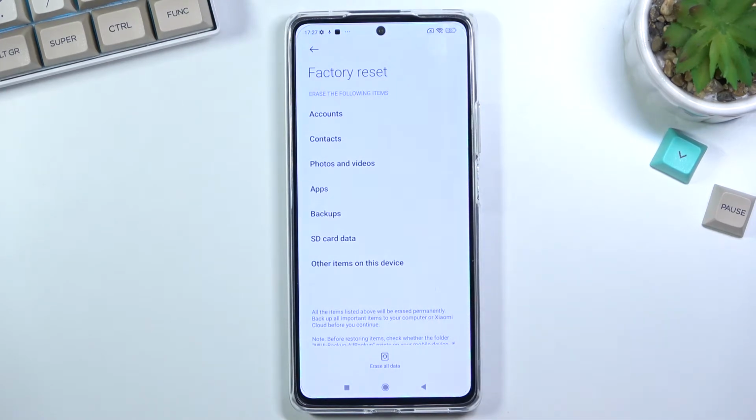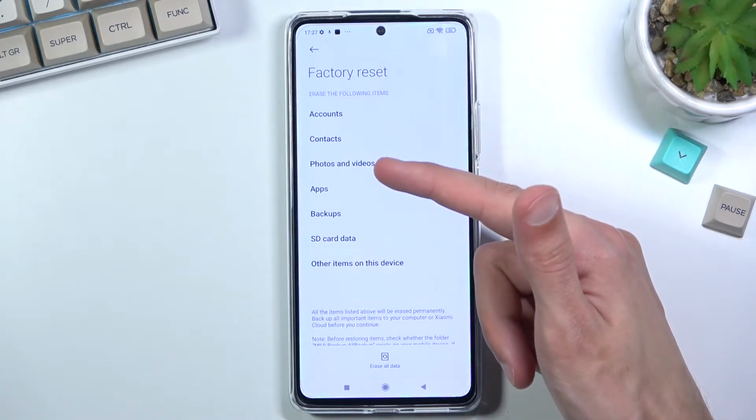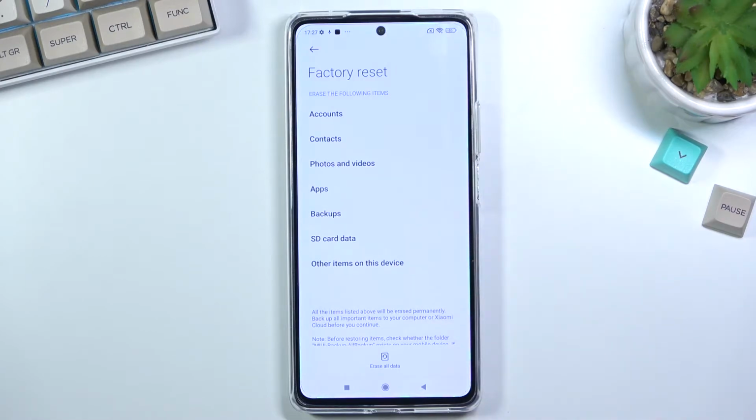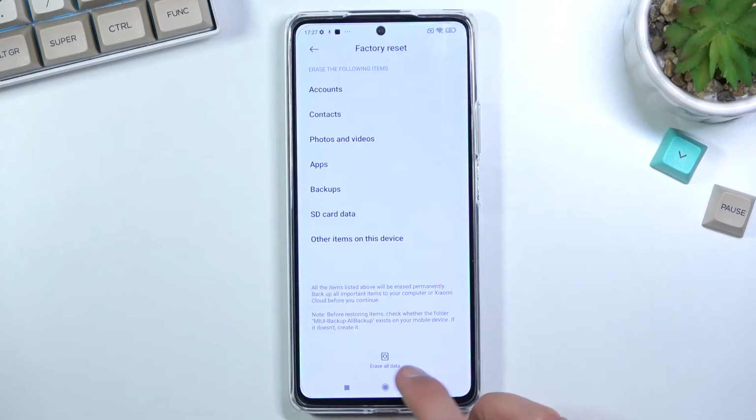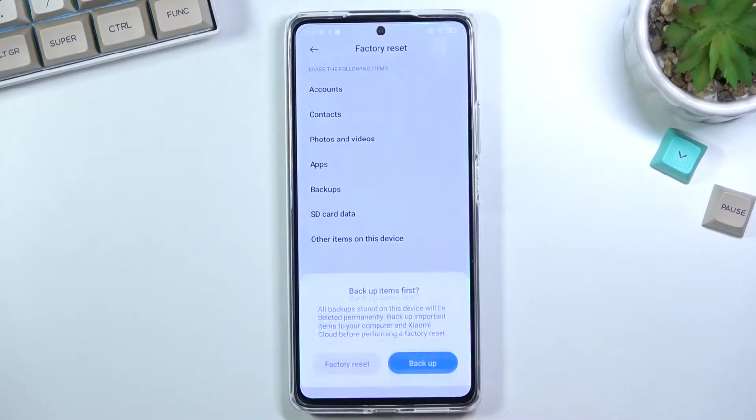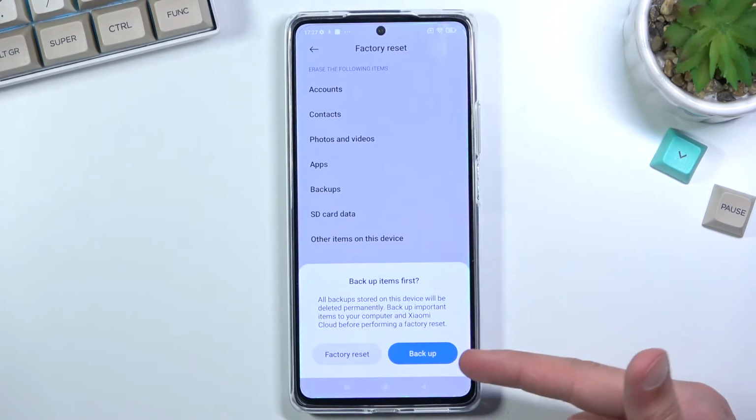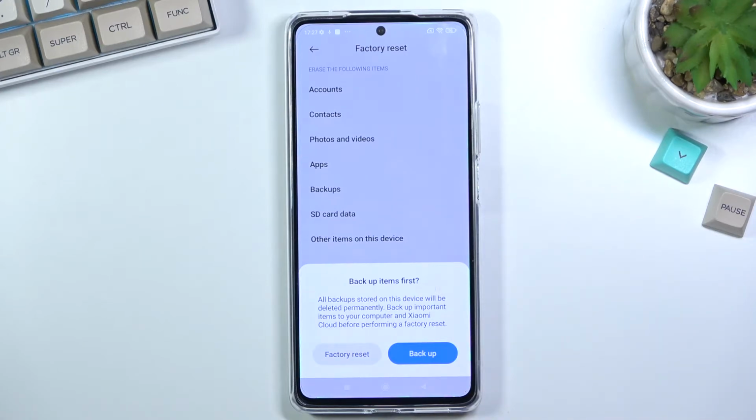From here this basically lets you know that factory resetting removes things like accounts, contacts, photos, videos, apps, SD card data. That's kind of incorrect, but yeah, anyway, from here we can select erase all data, and also if you want to back up your device you have the option right here. Obviously if you want to keep anything, do back it up beforehand, and if you don't want to keep anything,